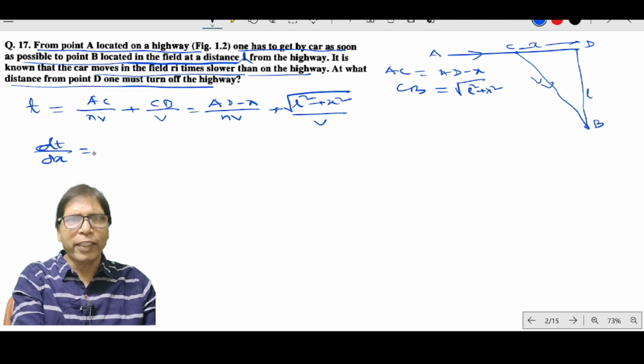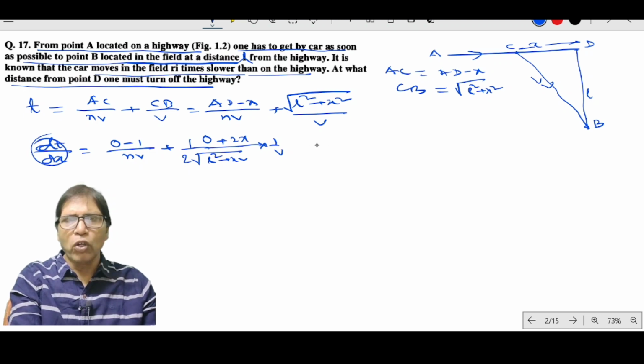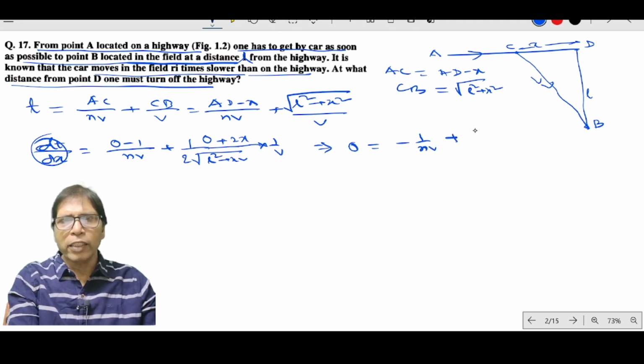So look at this dT by dX. This equals 0 minus 1 by n into v, plus the differentiation of root over L square plus X square, which is 1 by 2 into root under L square plus X square, into the differentiation of L square, which is 0, plus the differential of X square, which is 2x, into 1 by v. As dT by dX equals 0, 0 equals minus 1 by nv plus, these 2 and these 2 cancel out,